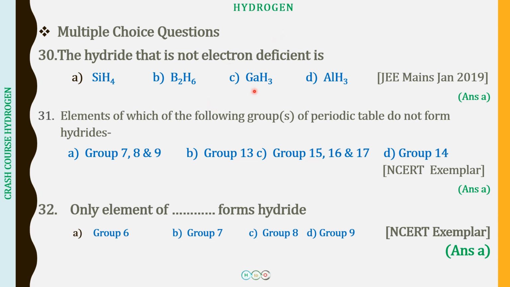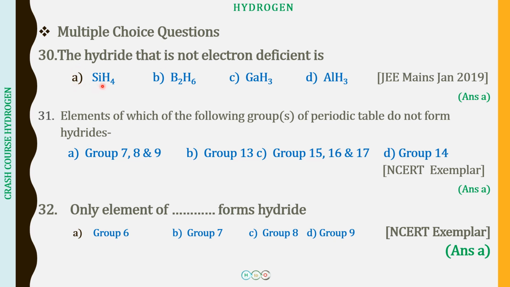For example, if you look at boron hydride, gallium hydride, aluminium hydride, all these three are group 13 elements, and if I just look at aluminium, aluminium has 3 electrons in the valence shell, right? So 3 electrons bonding with 3 hydrogen atoms, so it is going to be 6 electrons. It is not going to be a complete octet for aluminium as well as gallium as well as boron. So these are all going to be electron deficient hydrides.